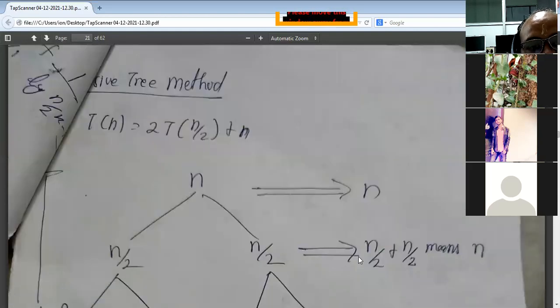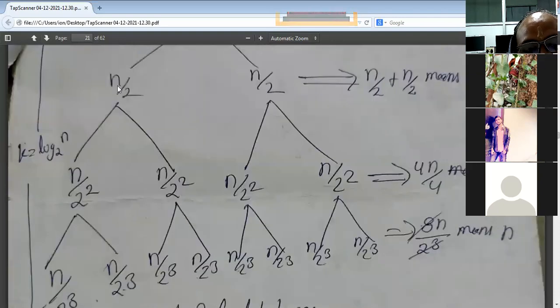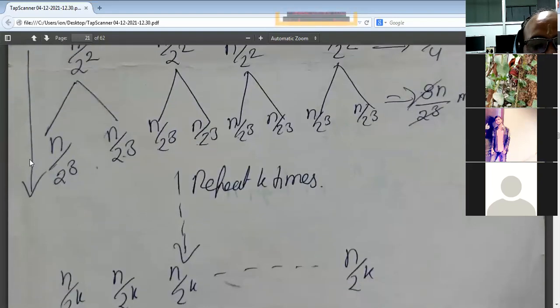Is that clear? That means it is showing that the total burden n is broken into two parts, and each part contains n/2 elements. Multiply 1/2 each time, break into two parts, and multiply with 1/2. In a similar case, now we have reached n/2³, n/2³, n/2³.